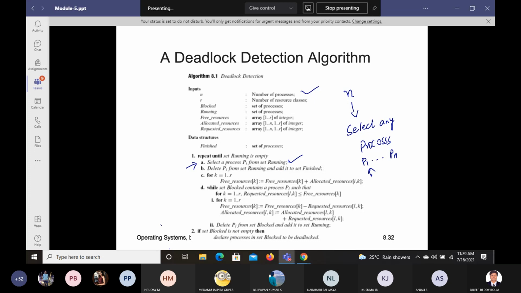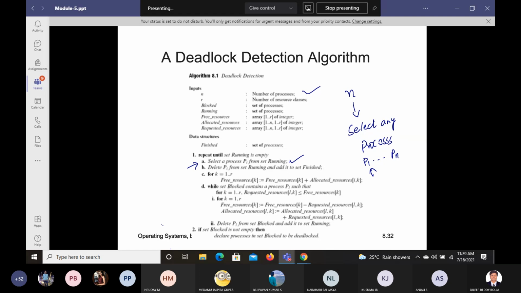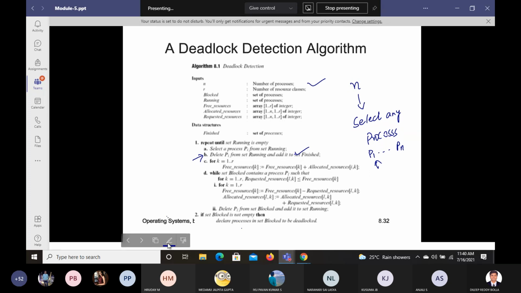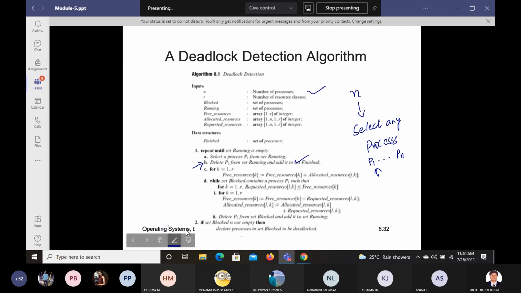Out of n number of processes, we selected one process, and that one process, what we are trying to do, we are making it go to the finished part. Okay. First two statements are clear. Any doubt in A and B? A and B is clear.